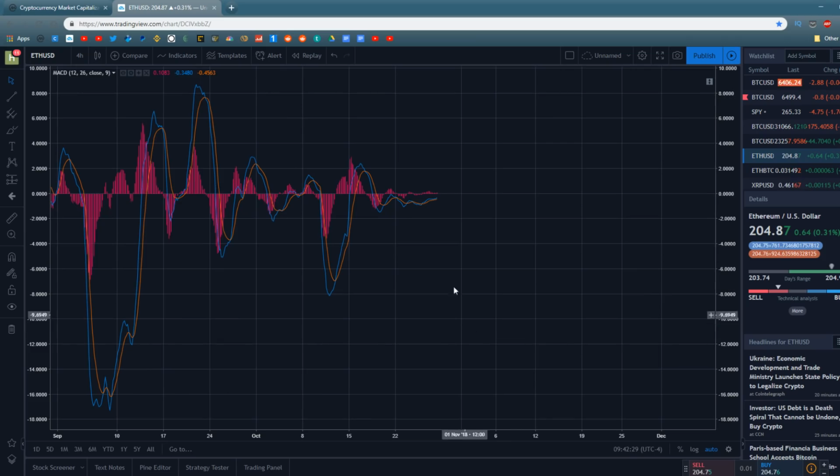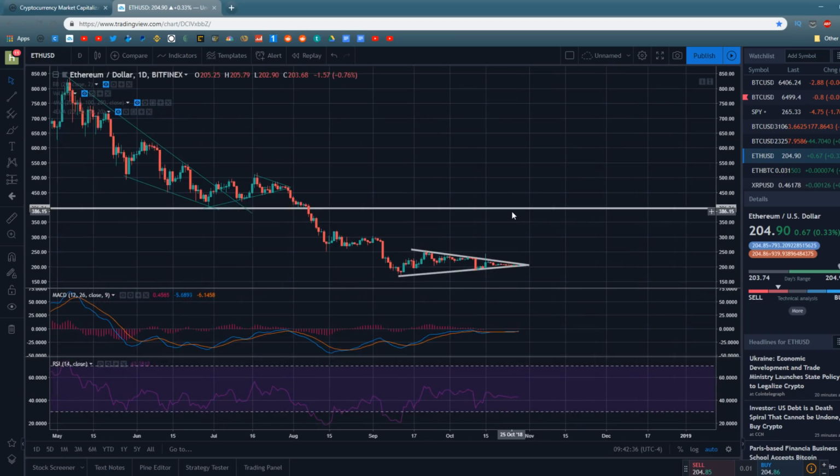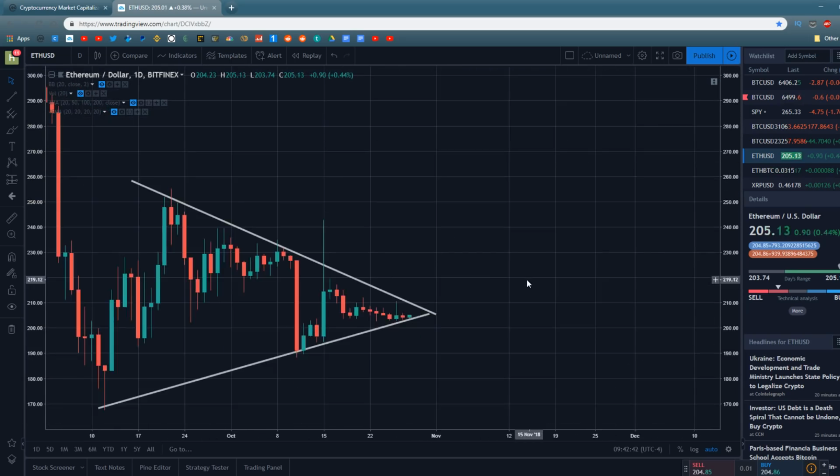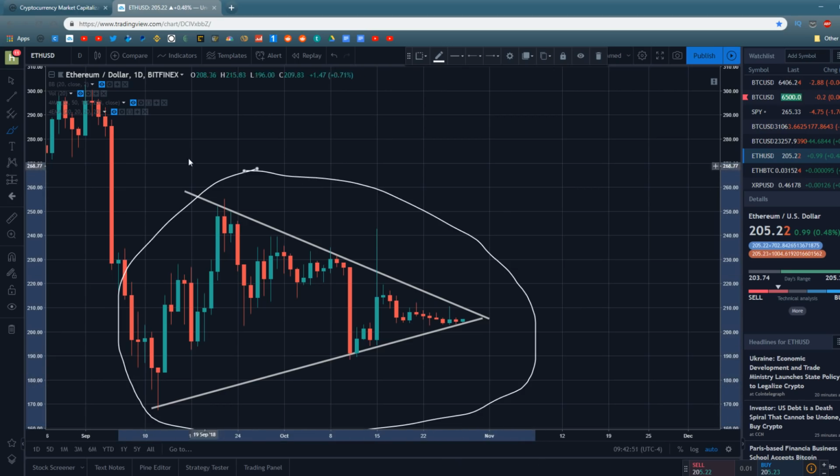One thing I do like is that on the daily chart, I do believe MACD is bullish. As we can see, it is right here. It's just a little tiny bit bullish, not a whole lot of bullishness, but we do see a little bit of bullishness. I really don't think the bears are very strong right now in the entire market, not just in Ethereum. I don't really see them pushing it that low. But if I were to bet money on it, I'm not going to trade this, so I'm not actually betting money on it. But if I were to bet on it, I would bet on this breaking bearish,